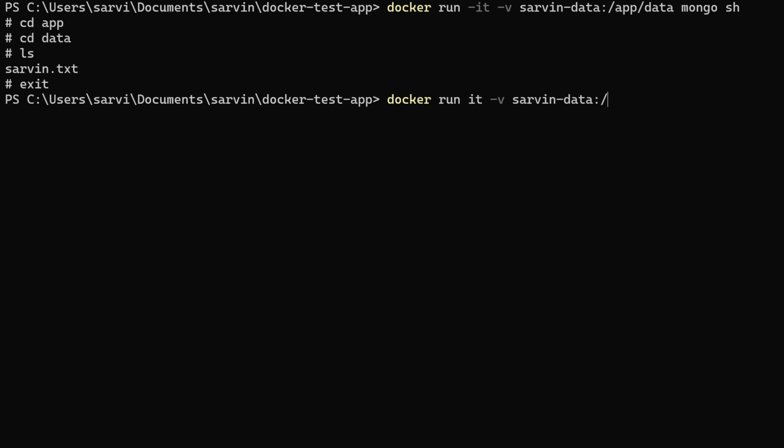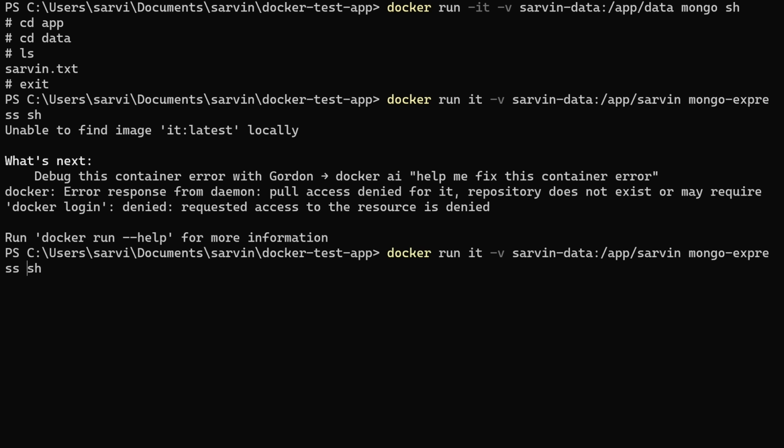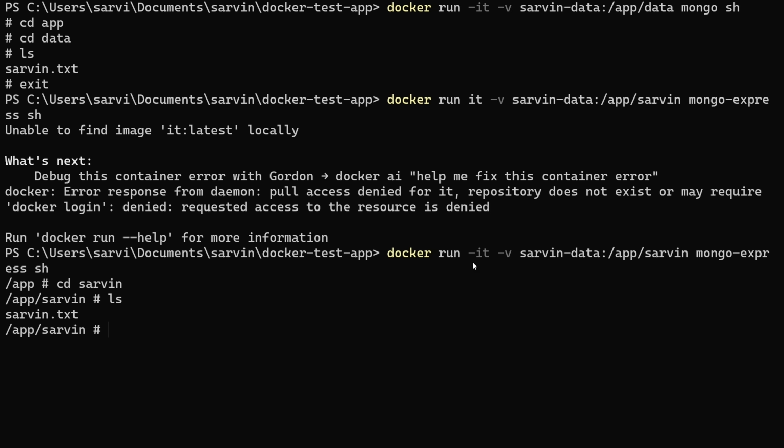This time, I want to change the path, so I write a different serving path, and also I want to change the image name. I want to run mongo-express in shell mode. I forgot to add -it here,